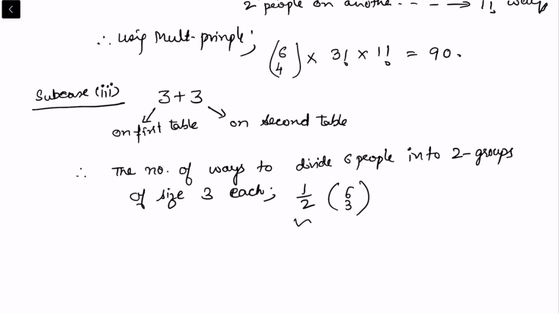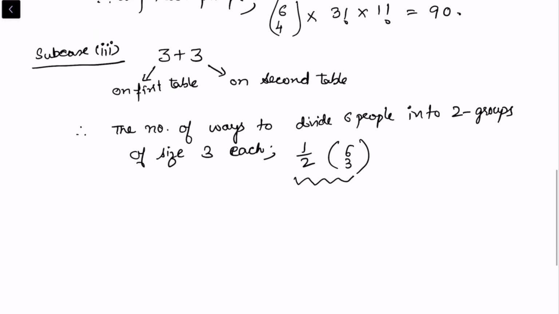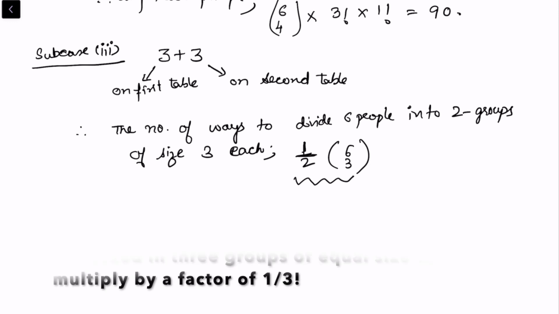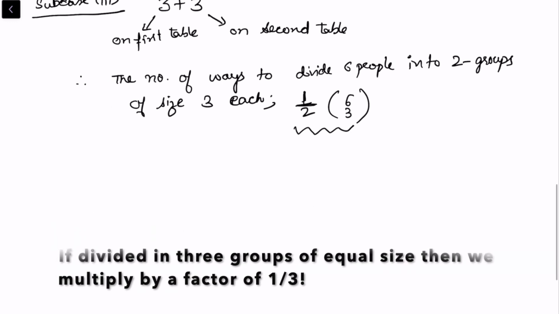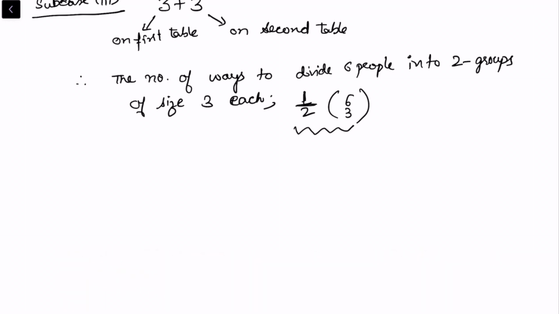Now this is very important. Whenever we are selecting out of 6C3, we need to always keep in mind that if the group size is equal, we must divide it by the number of equal-size groups. If we are dividing an equal number of people into 3 groups, then we must divide them by 1 by 3. So this I did in another video where I have discussed K grouping. So I will now follow the similar process.